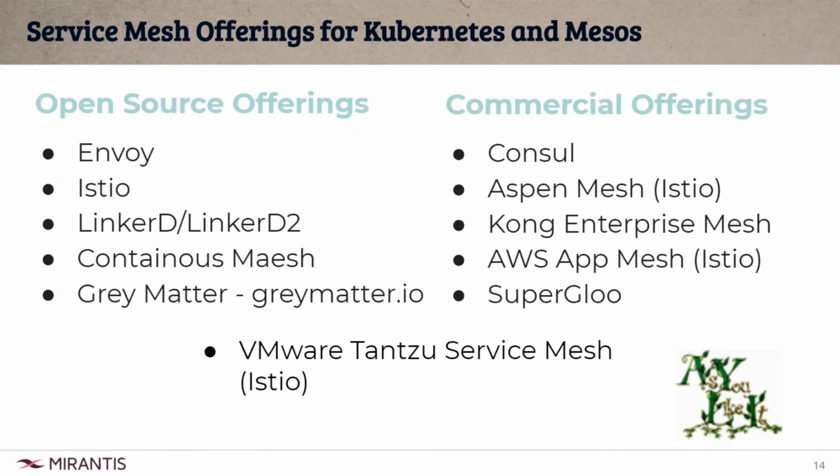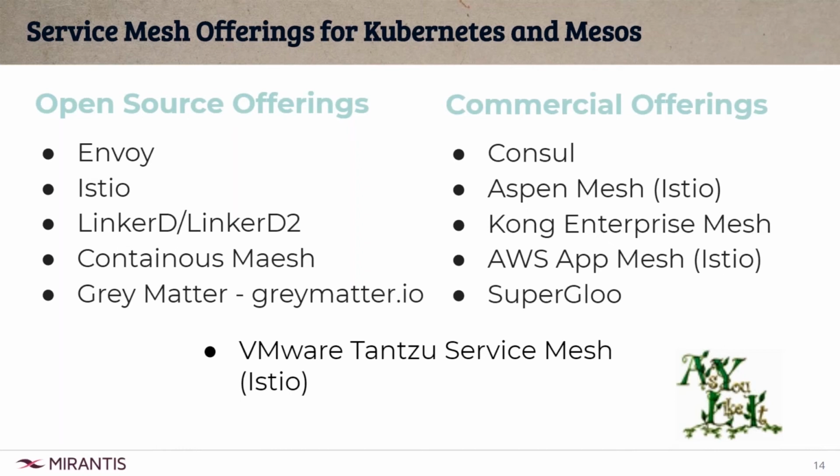I spent a little bit of time with the Gray Matter folks. Gray Matter is actually a mesh of meshes, perhaps, and includes some additional features that may not be in some of the others. And then from a commercial standpoint, Consul, Aspen Mesh, which is a commercial implementation of Istio,